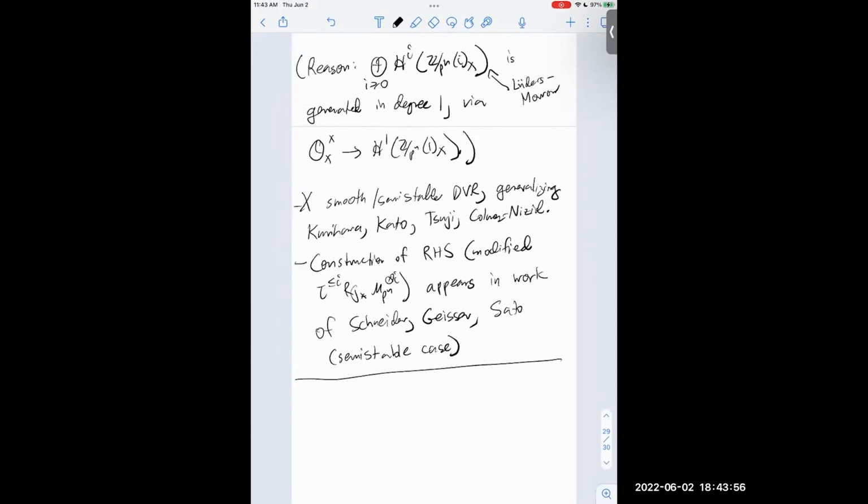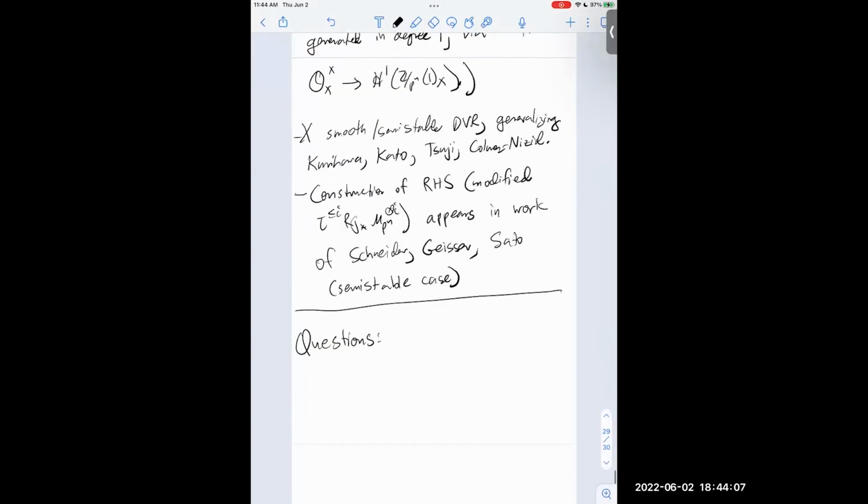Yeah, so okay, so that's a statement. I'll try to explain some ingredients of the proof, but maybe let me just mention a couple of questions that might be interesting. So questions. The first question is, the idea, as I mentioned, is that these synthomic complexes are supposed to be some sort of étale version of motivic complexes, and at least to my knowledge, right now, the theory of motivic homology has not yet quite been developed in the generality of regular schemes, but it would be nice to, for example, have an actual theory of motivic homology for regular schemes, such that you could recover this construction using